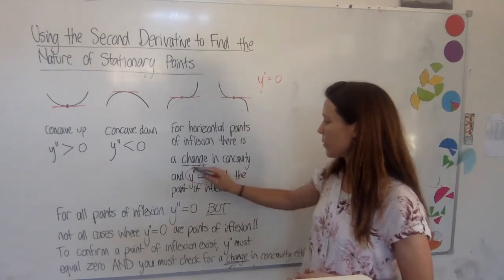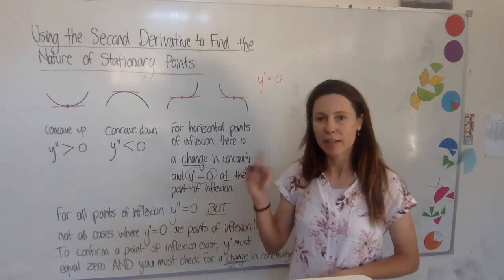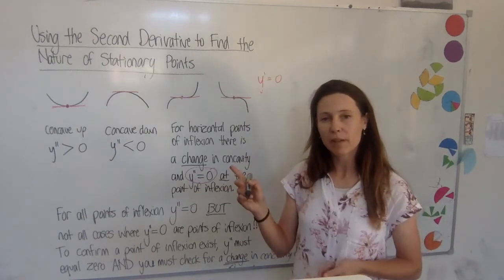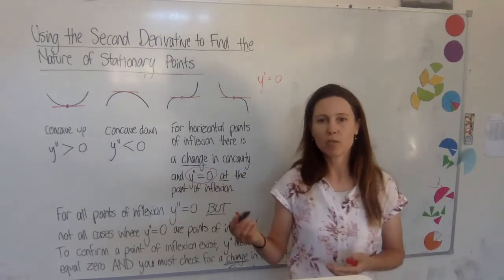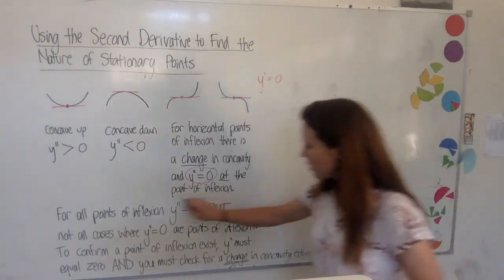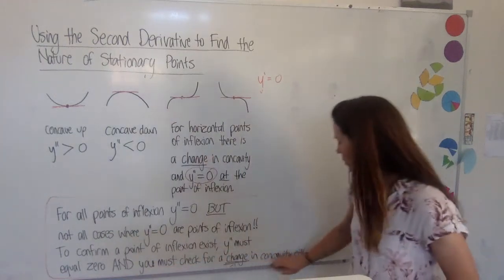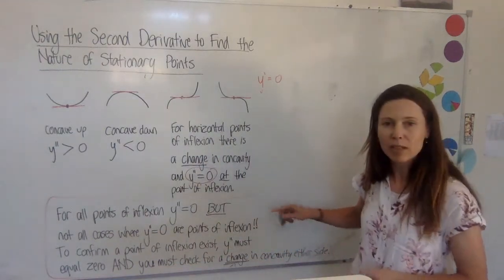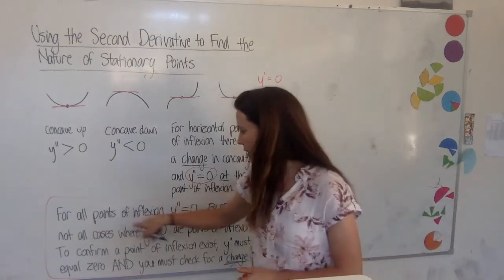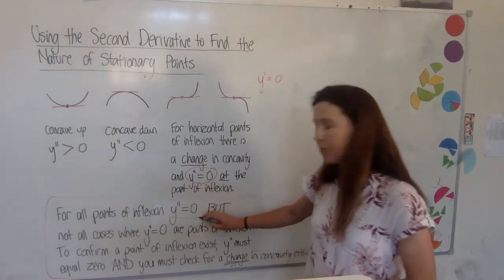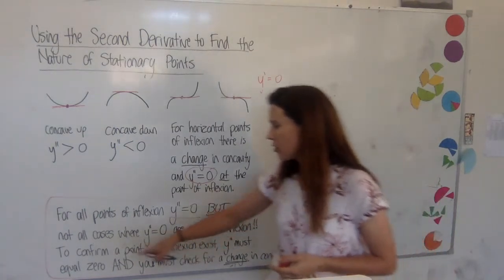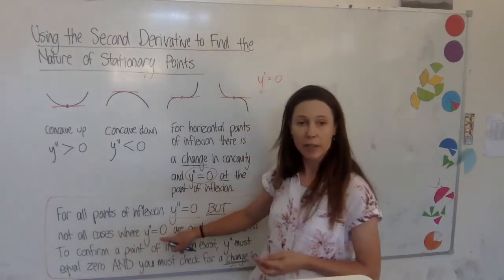If you found that y double dash equals 0, you might get excited and say, hey, that looks like an actual horizontal point of inflection, but we need to have some caution, because this is one of those rules that works in one direction and not both. So down here we have what we need a big important red box around, because this is something that we have to take note of and remember constantly. All points of inflection have the second derivative equaling 0,